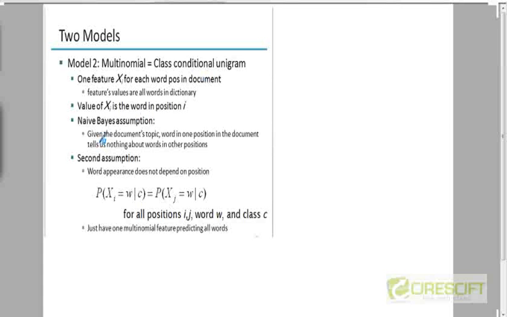And the naive assumption in the naive Bayes algorithm is the same in both models. The second assumption that we made here is another assumption that is implicit, although I didn't explicitly mention it. When you compute the probability of a word appearing in a document of a particular class, you don't care about its position. This is an assumption in both models actually, because in the first model you are not even keeping track of multiple occurrences, so obviously you're not keeping track of the positions. Here also you're not keeping track of the positions, right?